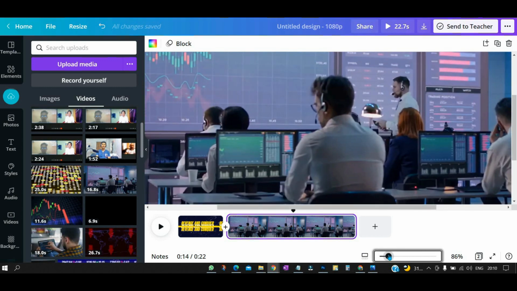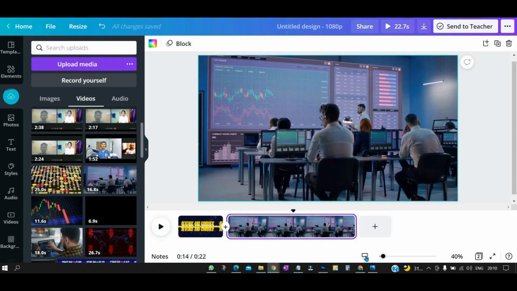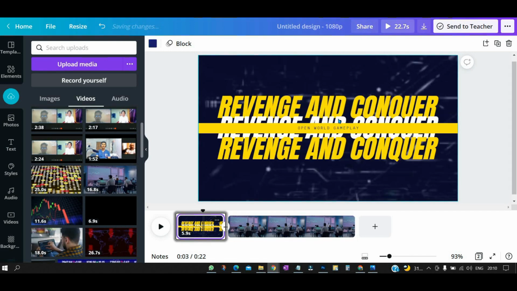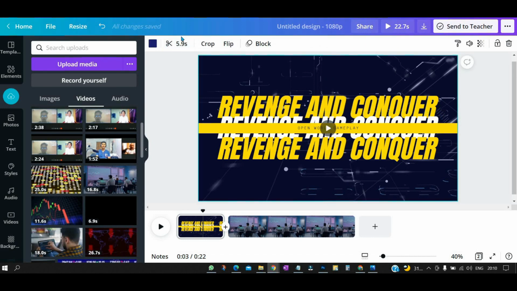Let me show you this way. So it is not recommended, I never use that one. So let it be this, and you can just zoom your timeline. Okay, this thumbnail section you can zoom it. Zoom your timeline and you can preview that pane. Then one more option that is available over here, you have to select the video. Okay, let me select the video, and you can see it is 5.9 seconds.